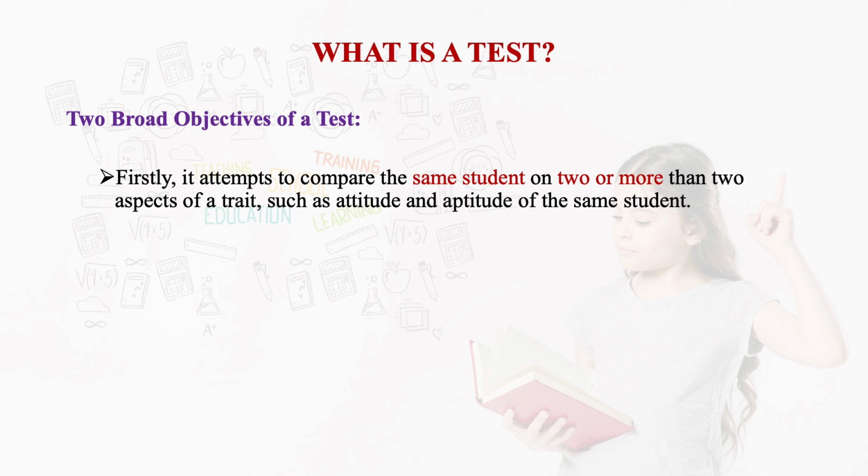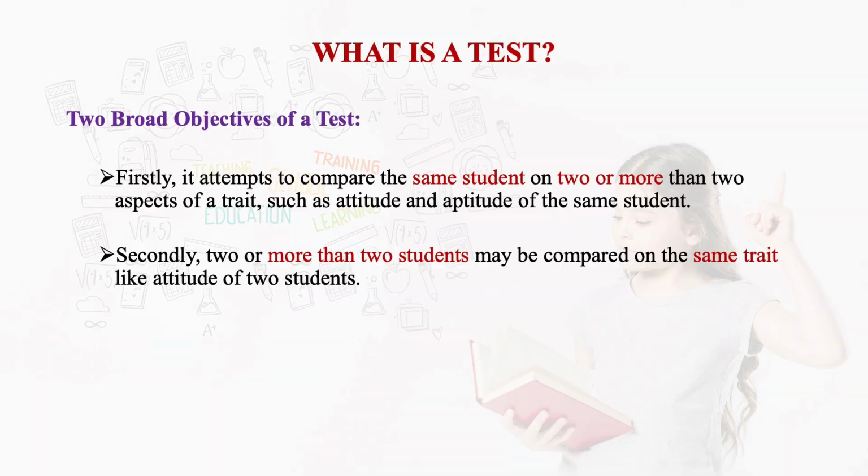Firstly, it attempts to compare the same student on two or more than two aspects of a trait, such as attitude and aptitude of the same student. So what you can do, you can administer many variables or many tests upon the same students. So varieties of tools will be used upon one student. So in result, you can say that the student X